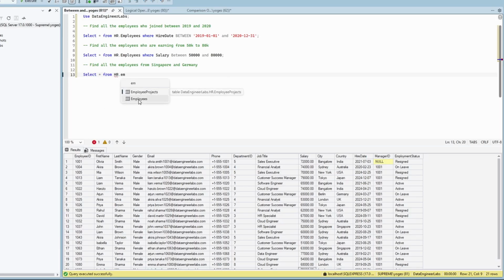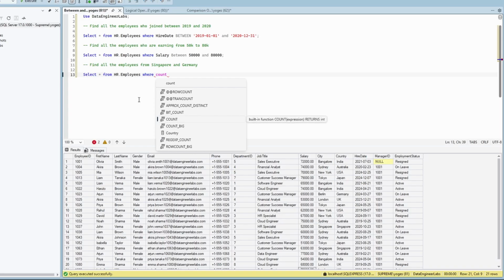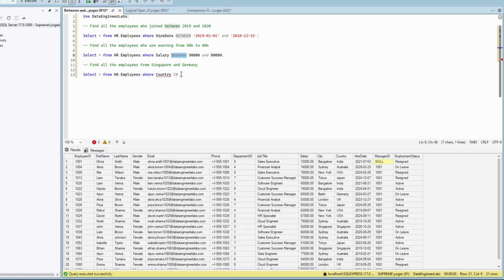hr.employees. Now WHERE, again, without WHERE no filter condition will be allowed, so you have to use WHERE. Now again, what do we want? We want employees from Singapore or Germany. So we have to specify the column name where we want to apply this: country IN. We have to use the keyword IN. Earlier we used the keyword BETWEEN, now we will use the keyword IN,